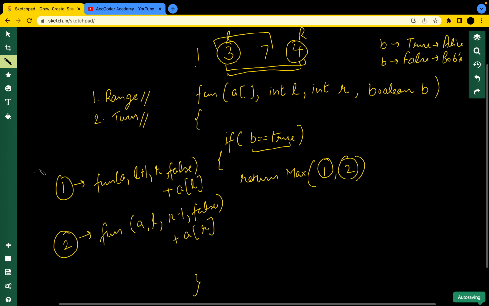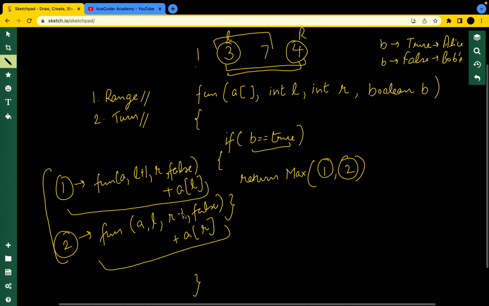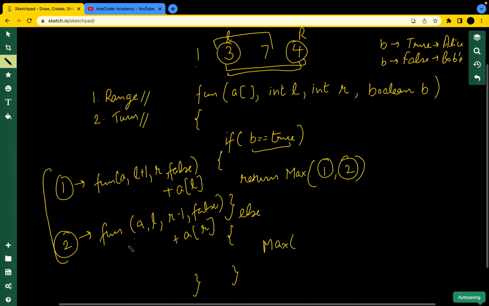So out of this 1 and 2, Alice will be choosing the maximum answer that will come out of these two values, and simply returning it. And now in case the turn is of Bob, what will he do? Logically thinking, we may think that here also for Bob it will simply be max of this 1 and this 2. Just this false will become true,